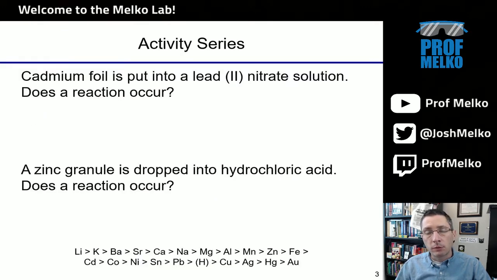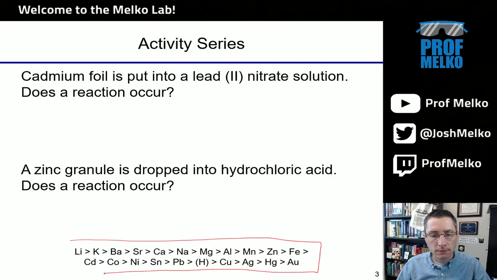Moving on. We've also talked about in past videos classifying reactions. Things like single replacement reactions sort of depend on the activity series, whether things will replace other things, right? Whether one metal can replace another metal depends on how active it is. And we have this activity series at the bottom that explains what metals are more active than others. So lithium the most reactive, gold the least reactive, and shown in series here. So to answer these types of questions, we consult the activity series.